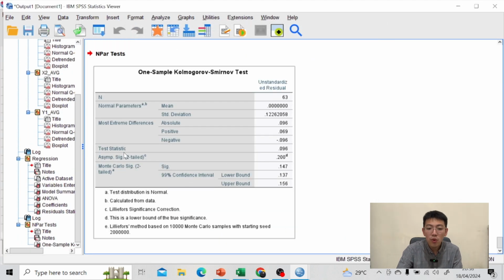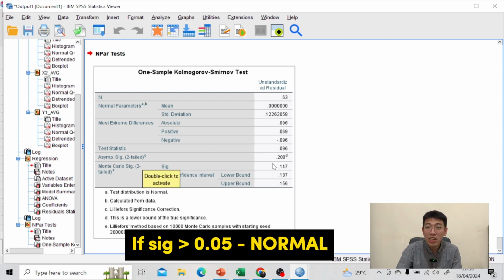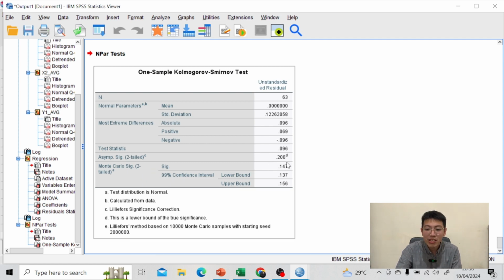What you need to see here is the asymptotic significance. If it is more than 0.05, then it is normally distributed. If it is less than 0.05, it is not normally distributed. Here you can see it is more than 0.05,